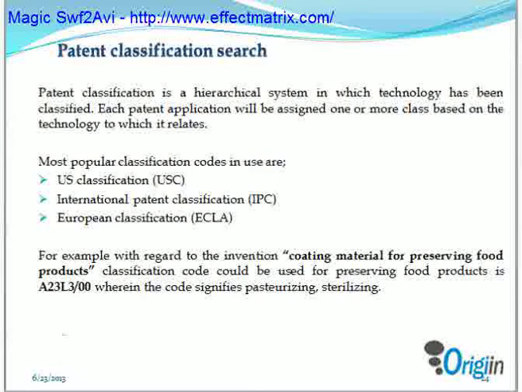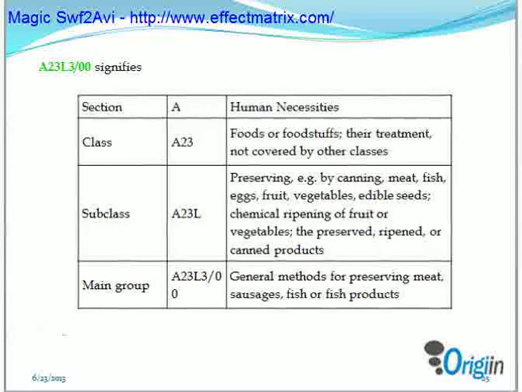Now for example, for the invention coating material for preserving food products, the classification code that could be used for preserving food product is A23L3/00. This is according to the IPC code, wherein the A signifies the section human necessities,